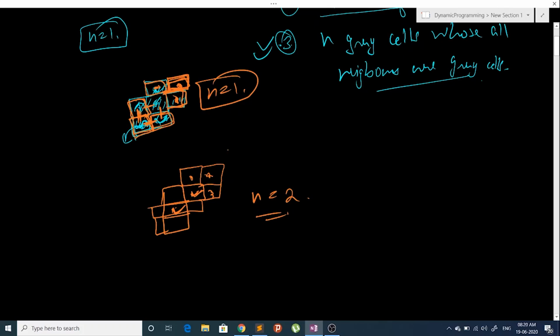Now I can extend this further. If I make here this cell and this cell and this cell, now this cell is also covered with 4 neighbors, and all these cells have 2 neighbors. Now this can be the solution for n equals 3. Similarly, I can see that I can extend this to n. So this is the solution for C, guys.